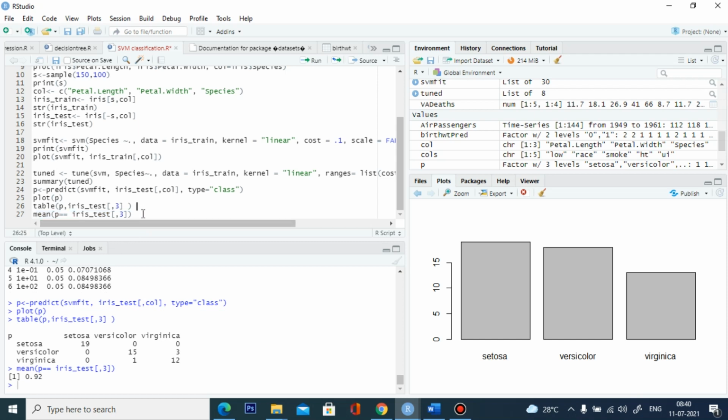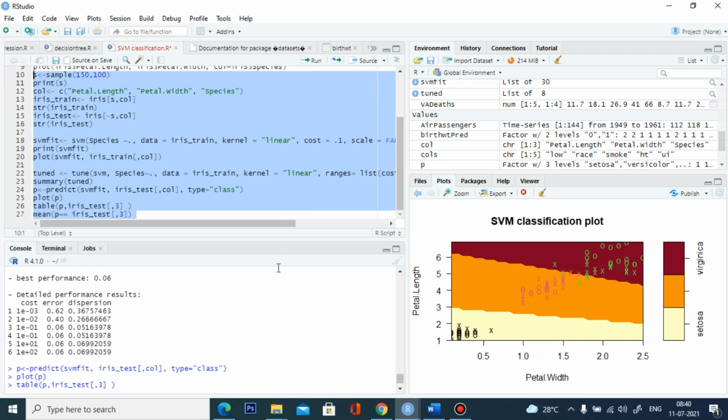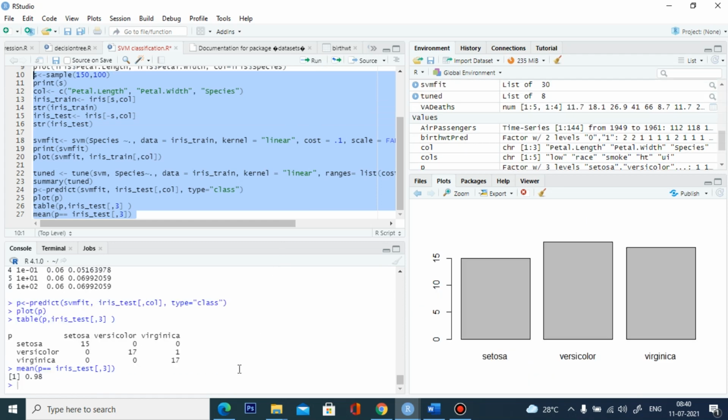So we are going to repeat this many times, and you can get different accuracy. For example, I am going to run this. For this sample data, see, there is 98% accuracy. Here Setosa is predicted 15 as 15 correct.